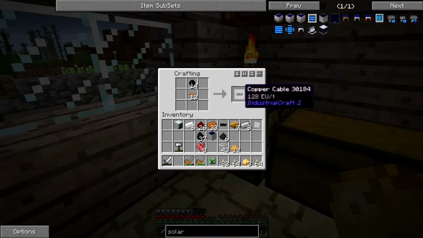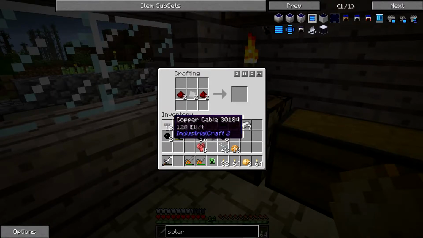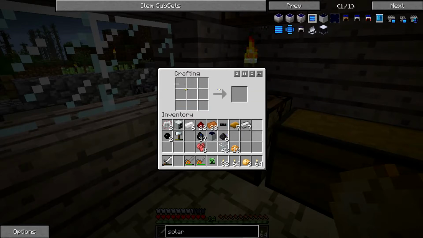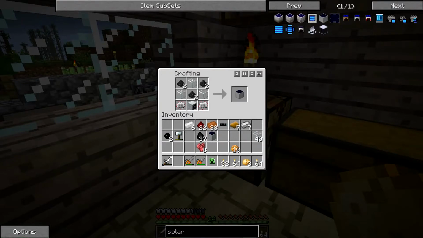Zombies yelling in my ears. Another iron plate. Do exactly what we did before. 2 more of those. Generator. Doing the coal dust in the wrong pattern. Okay. There we go. 2 electronic circuits, and just for good measure,